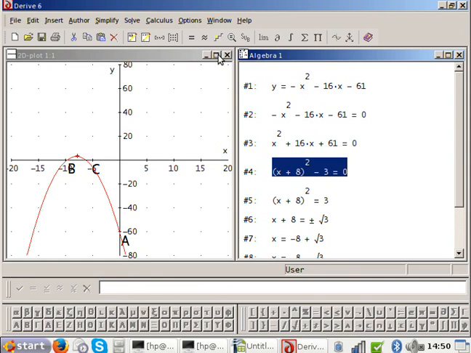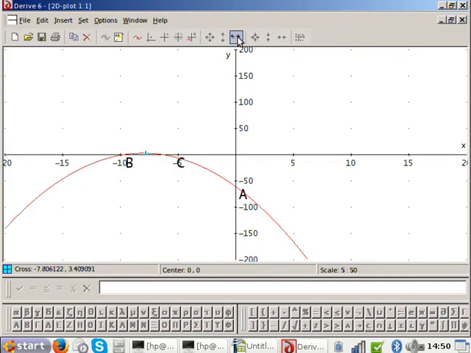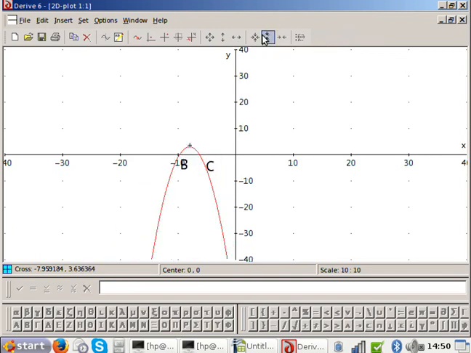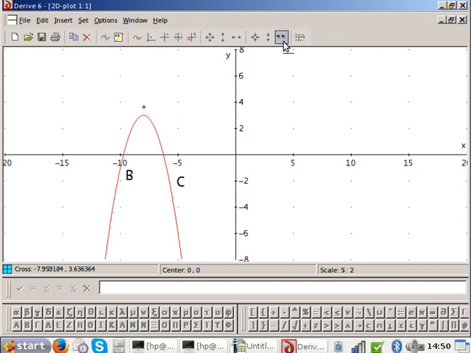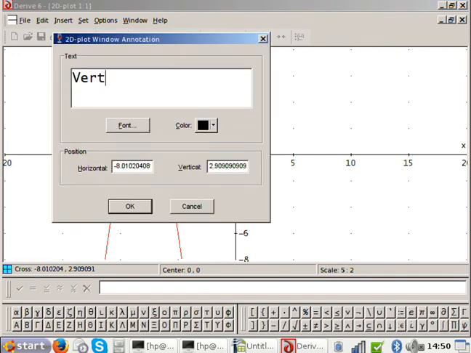Now let's have a look at the graph. Let's look at minus 8 and 3. Now you see here's minus 10 and here's minus 5, so this is about minus 8, true? And then here is about 3, isn't it? So this is the vertex